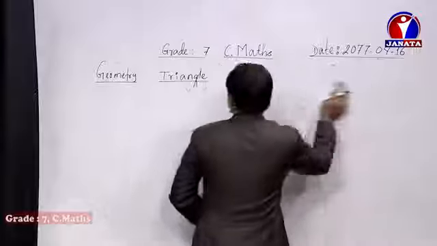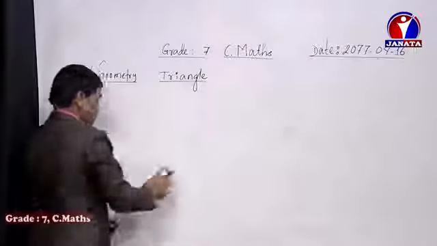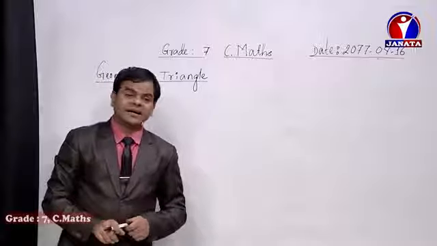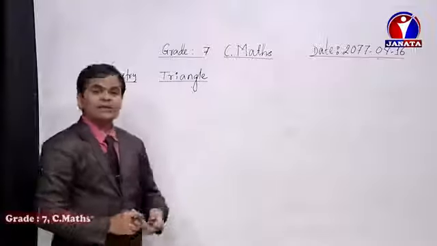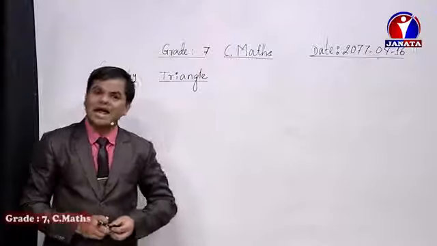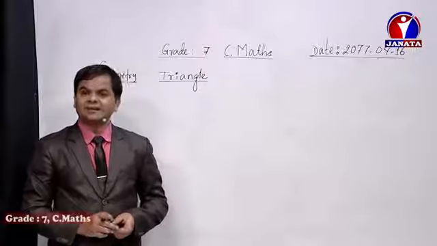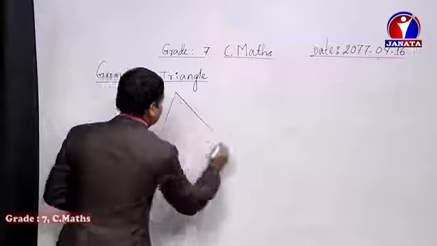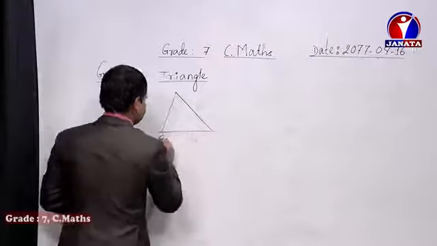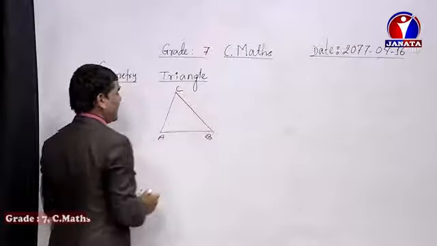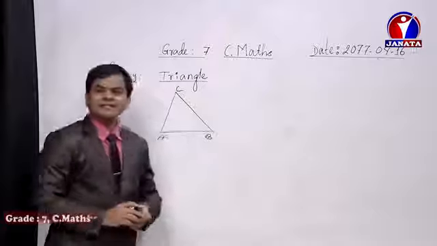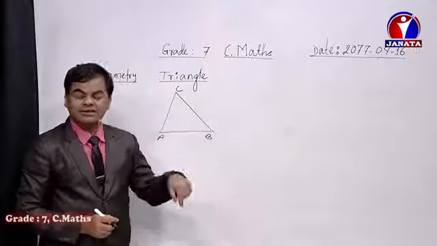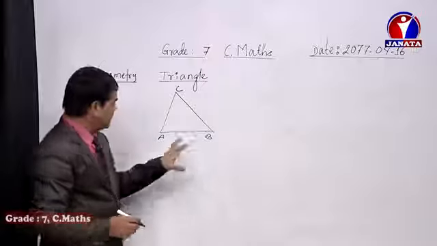Now let's focus on some of the questions. What kind of questions will be given? Almost the questions regarding this chapter will be based on finding the angles as well as finding the sides. For example, I am going to take one example. This is triangle ABC. Now can you tell me, dear student, what kind of triangle is this? Whether it is an isosceles triangle, a right angle triangle, an equilateral triangle or a scalene triangle? Can you tell me, looking at this figure?